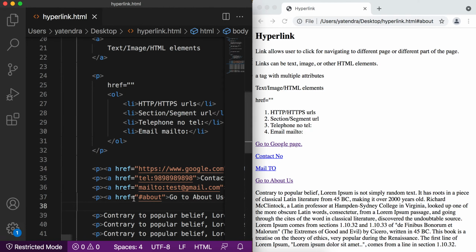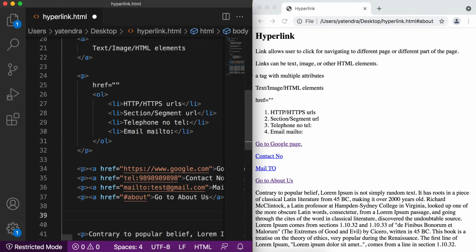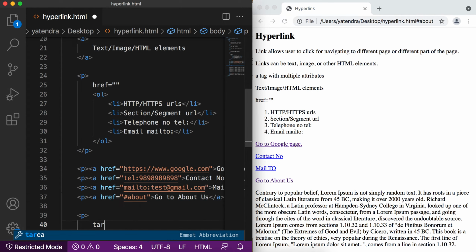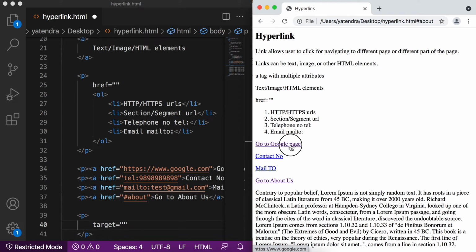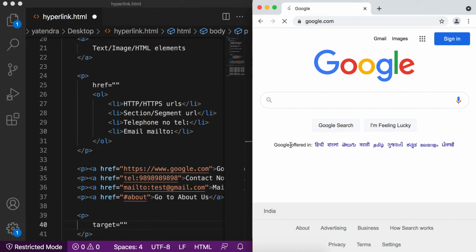Let's discuss another attribute, which is the target attribute. So as you can see, when we add these http or https URLs for our link and click on this, this URL is opened in the same tab. So we can manage this by use of the target attribute, and there are a few possible values.